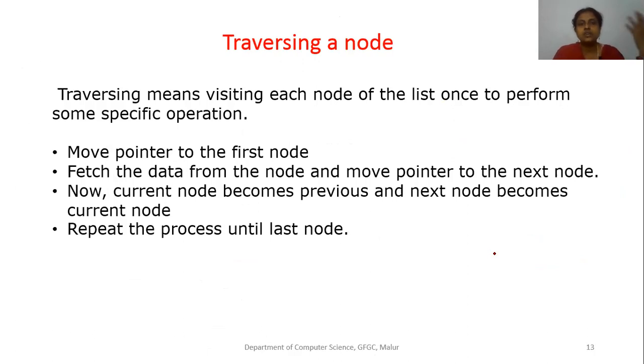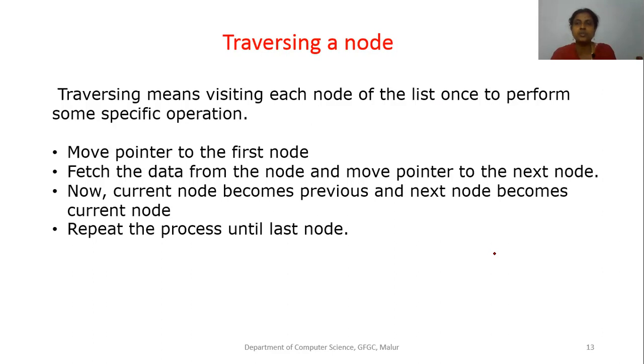Next, traversing a node. Traversing means visiting all the nodes at least once. We call it traversing. One thing is how we work in a single linked list, the same thing we will do in a double linked list also. We will take one more position as a current pointer. From the head we will start moving. First, the current pointer we will assign to the head node. First it will be at the head node.